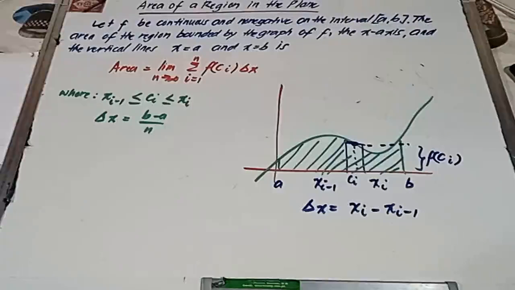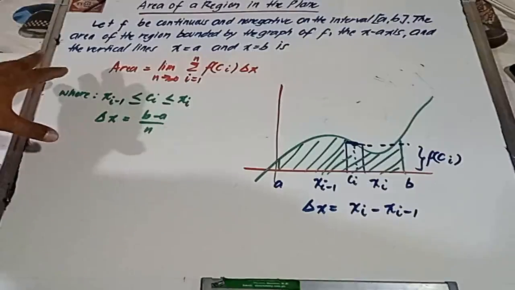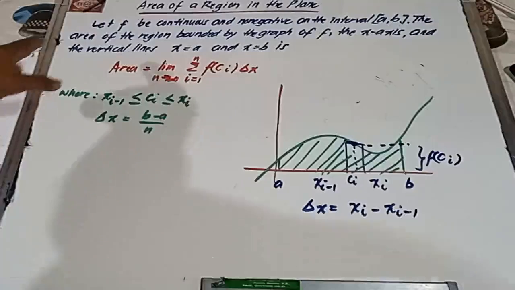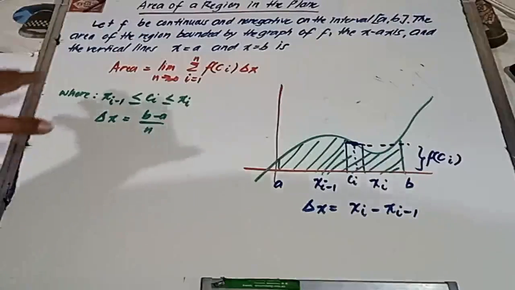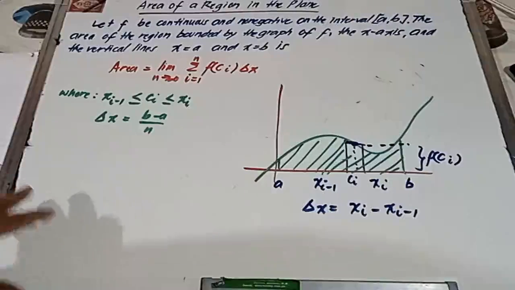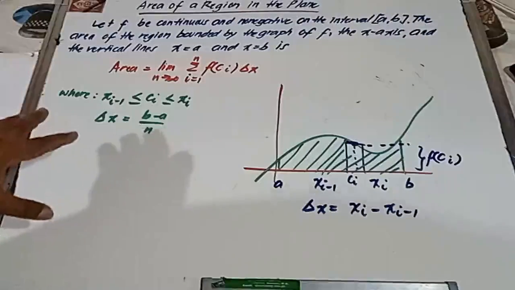Okay, good day. So in this video, you're going to learn how to find the area of the region in the plane. And this is the definition of the area that I'm referring to. Let f be continuous and non-negative on the interval [a, b]. The area of the region bounded by the graph of f, the x-axis, and the vertical lines x equals a